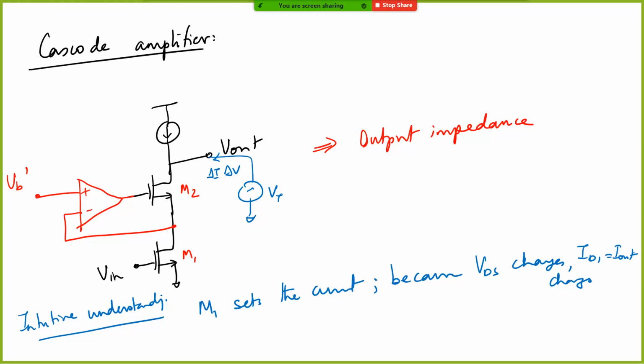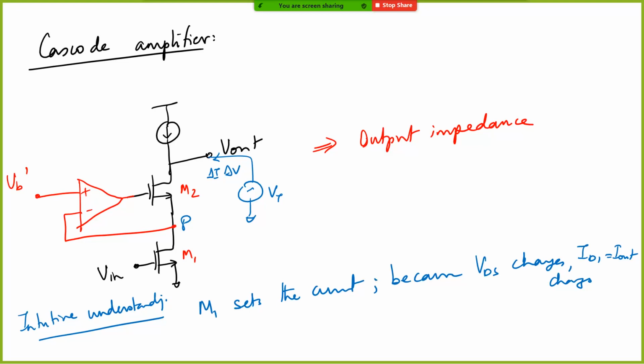And we know that by putting a cascode, we are fixing the voltage at this node, let's call it P. The node voltage at P is getting fixed by putting a cascoding transistor, because that is approximately equal to the VB minus the VGS of this cascoding transistor. Okay. So if you produce a certain amount of disturbance at the output, the amount of disturbance that actually appears at this node P is lesser because of the cascode transistor.